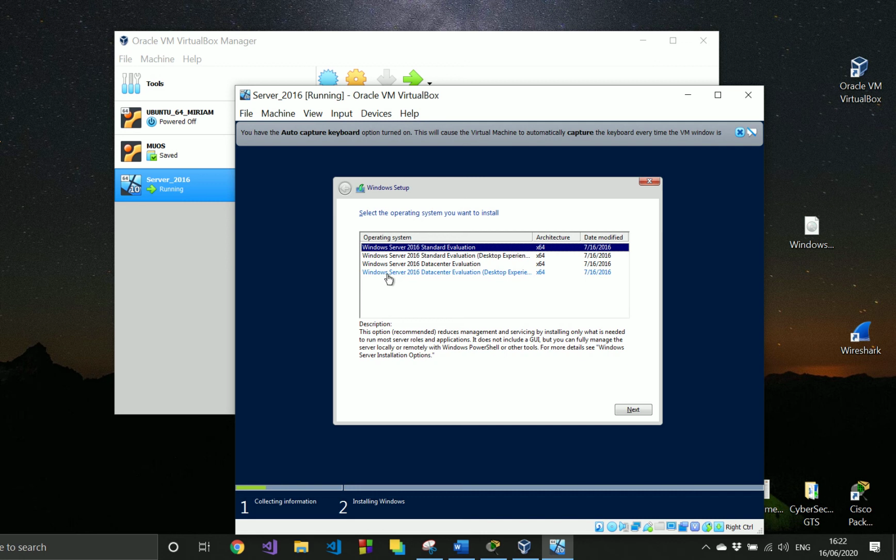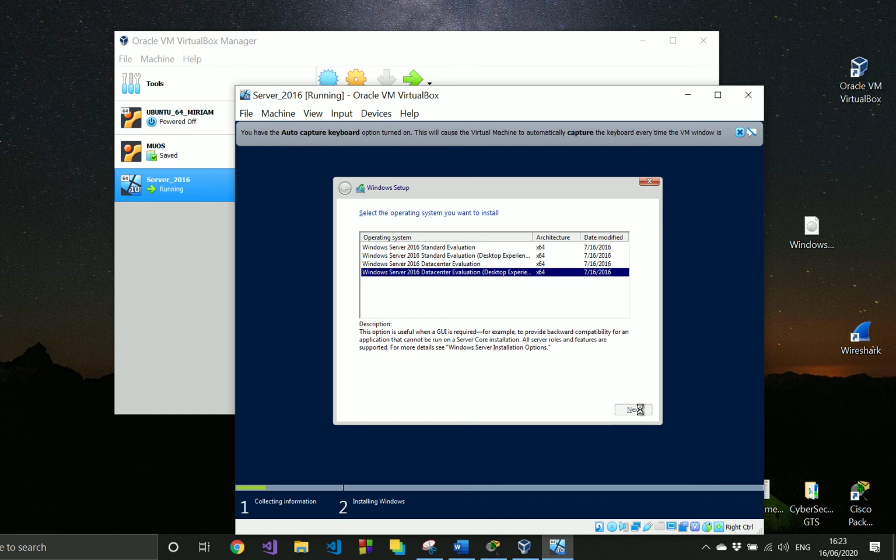I want you to go down to Windows Server 2016 Data Center Evaluation Desktop Experience 64-bit. The reason why I selected this one is if you click the top one, this will only give you the command prompt, and unless you're already quite fluent in programming, then you'll have difficulty when it comes to navigating. So the GUI experience is a lot better because it gives you the graphical user interface option. So select the last one, press next,